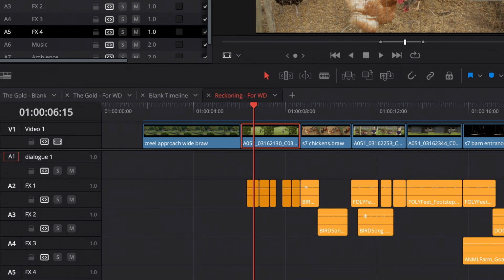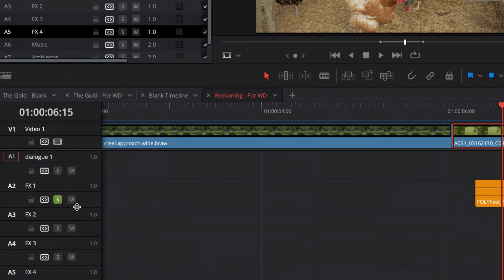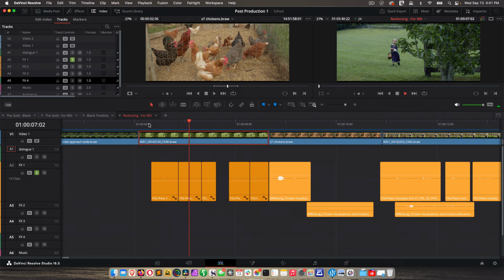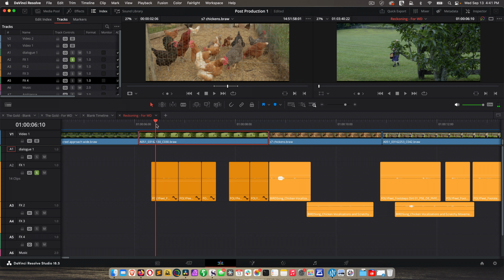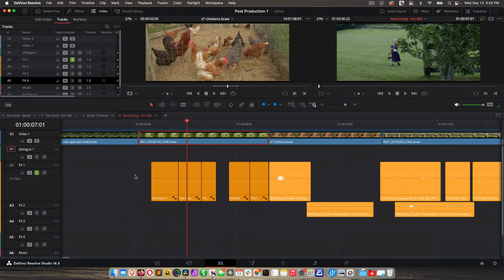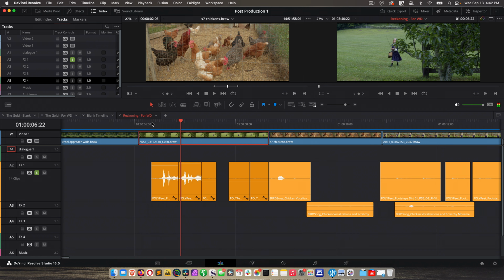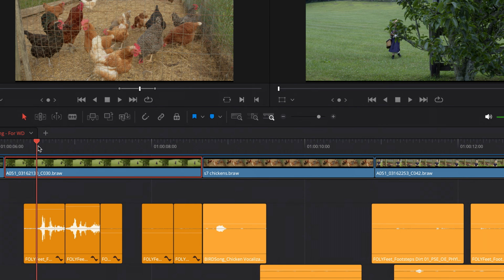So you can solo more than one track at a time, but I'm going to unsolo that one. Solo this. Let's zoom in. Let's make this larger. Okay, so you can see that this is pretty tedious. Let me really fast up the volume on these so we can see the waveforms because they're pretty quiet. So you can see frame by frame,